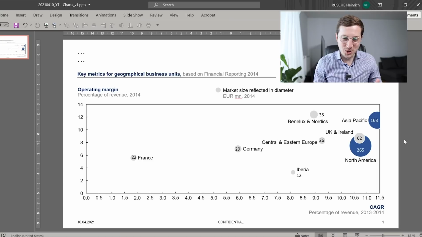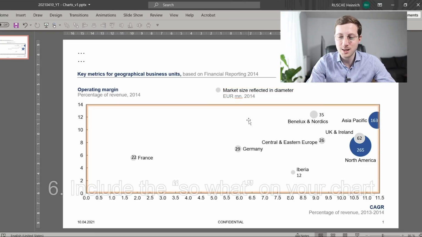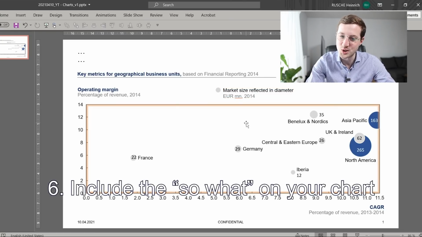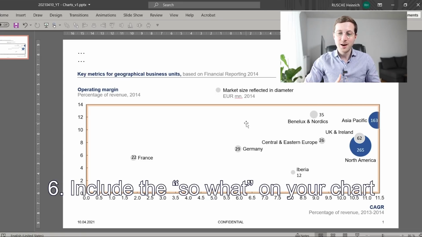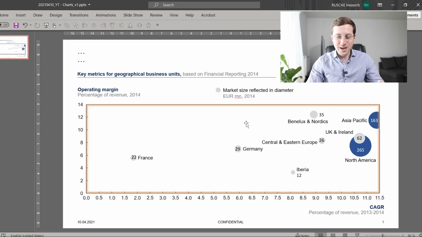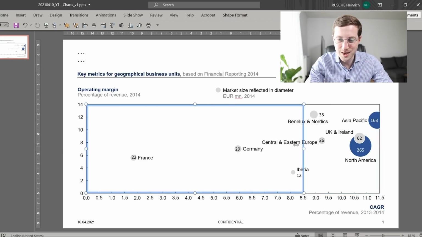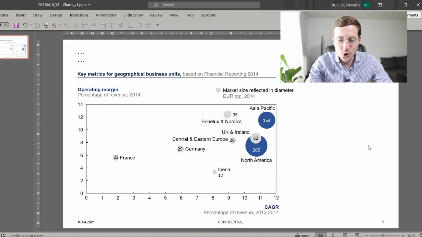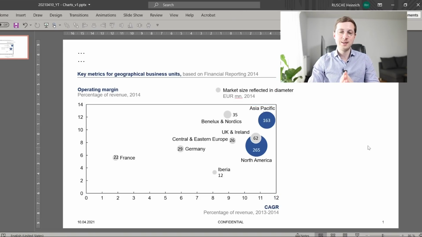All right, next, usually when you create such a chart, you do not want to only leave the viewer alone with such a chart, but you also want to provide some commentary, some implications, the famous so what. You want your chart to have a message. And of course, if the reader just looks at this, it is really difficult to, on the first sight, get this message out of it. And now the question is, how do we include this? How do we nicely lay out this?